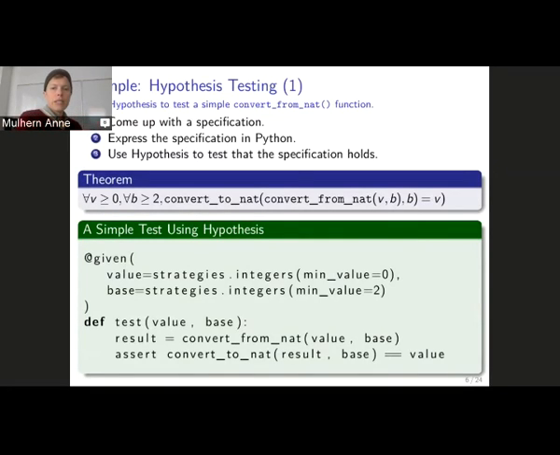It says for every integer, which happens to be at least 0, that means all the natural numbers, for every base that happens to be at least 2, and base 1 is degenerate, so I avoid it, and the others are meaningless, then if I convert from a nat to that base, and then I convert back to the natural number from the result, then I'll get the value I had originally.